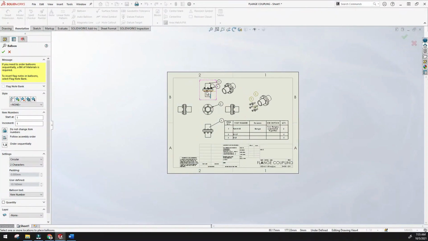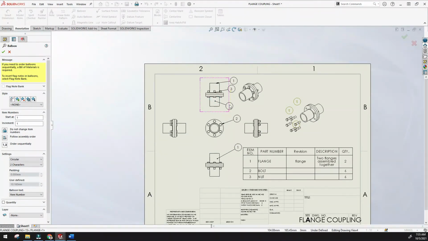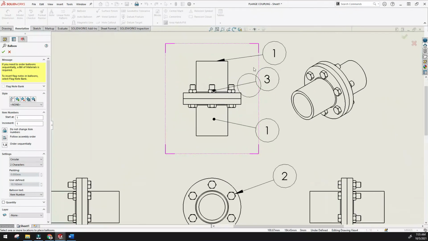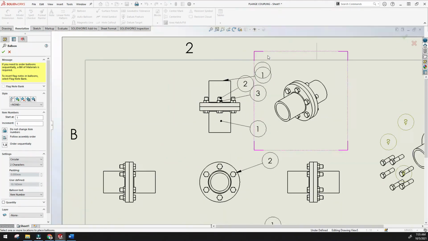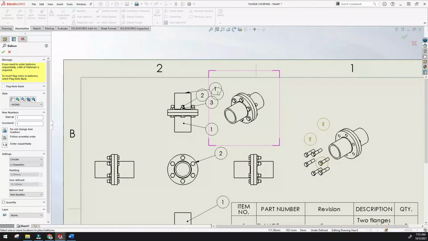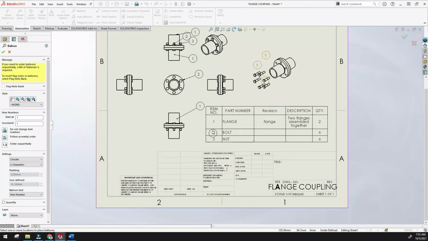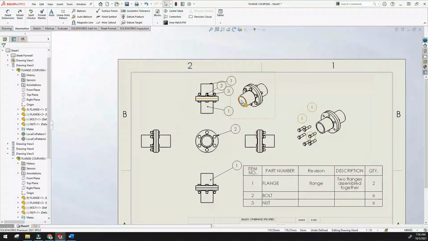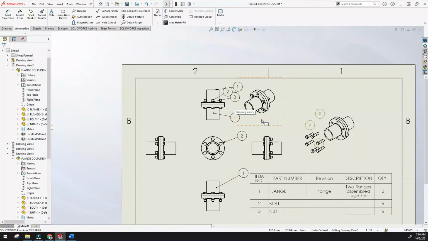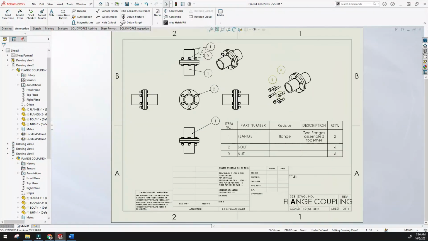What is this part? So the flange 1, flange 2, here the number 2, where the quantity is, locating item number, you can see item number 1. Here you can see this part I have located. Just click yes, and here it is, the balloons. I have located the items, parts, things. And once you click, here is the auto balloon. Once you click this, you will have the auto balloon.